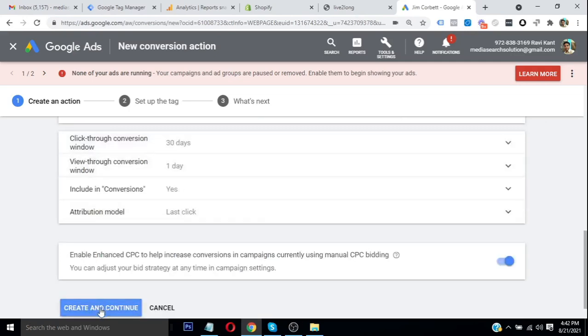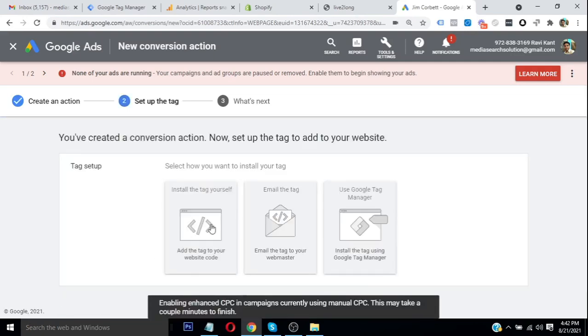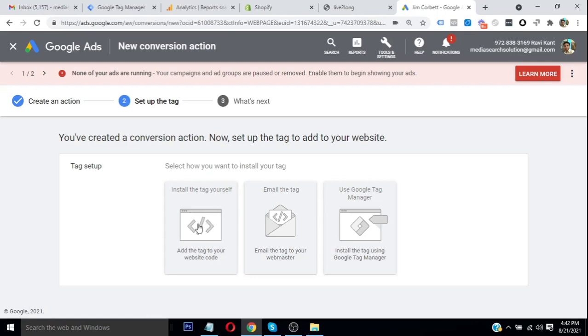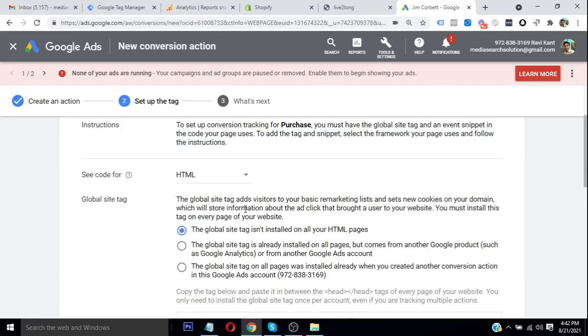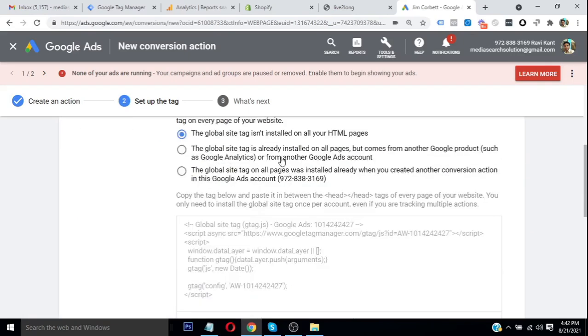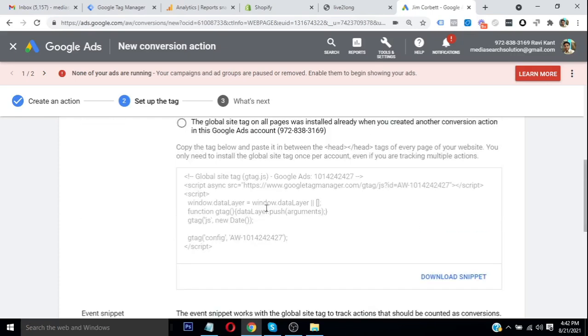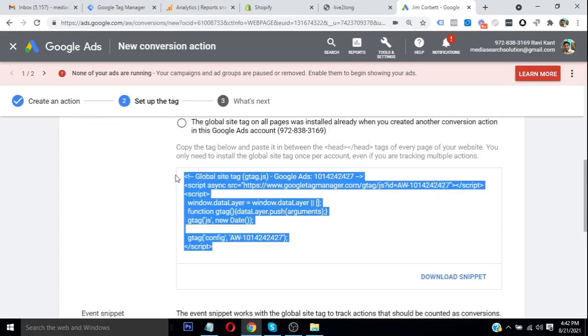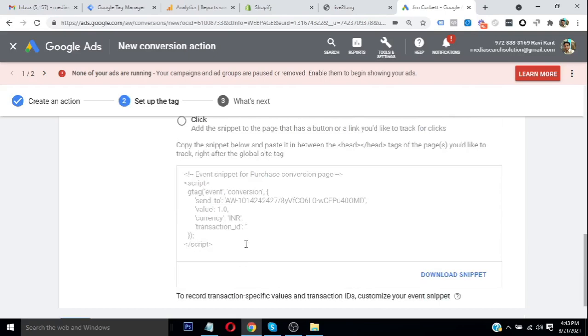Just create and continue. Once we create and continue, we will get an option. So we need to click the first option, and they will provide us two pieces of code here, which we can see. One is the global snippet, and the second is the event snippet.